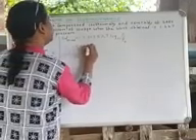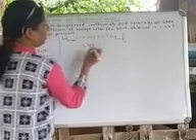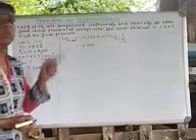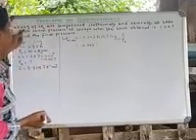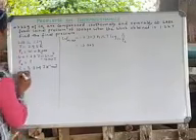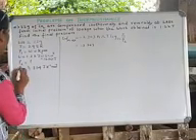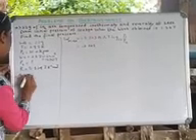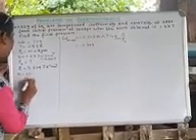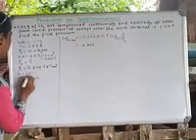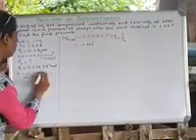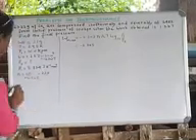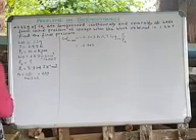Minus 2.303 n. What is n given here? I don't think n is given in this sum, but we are supposed to calculate n with the help of the weight given. The weight is given as 22 grams. So let us use this weight and find out n. The formula for n, let me write first, is weight divided by molecular weight. Weight is given to you all, 22 grams, divided by molecular weight. But molecular weight is not given, so we have to find it out. Let us find out the molecular weight first.